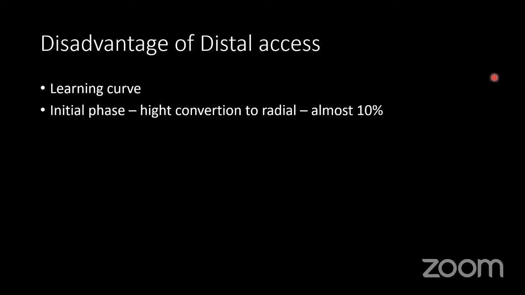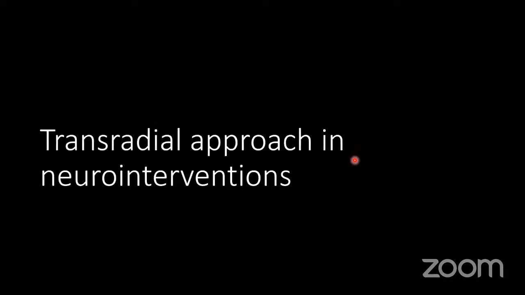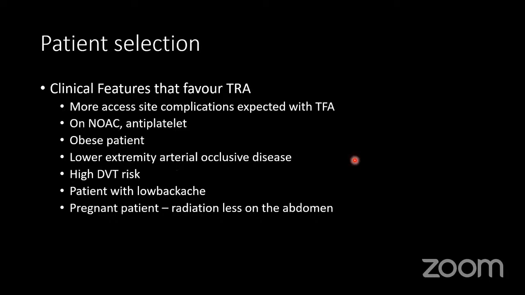Then what are the main disadvantages of distal access? One is the learning curve, so that in the initial phase up to 10% conversion rate will be there, but eventually the conversion rate decreases, and it is almost similar to the other proximal access. And in neurointervention in radial access,